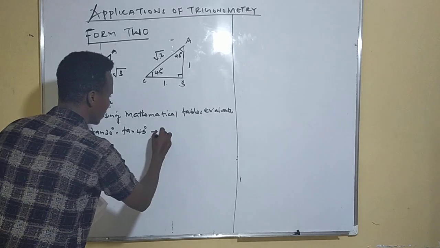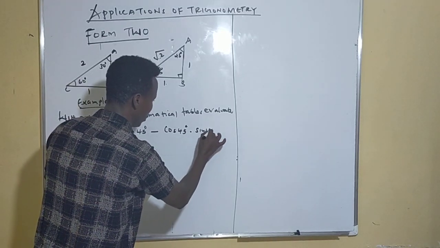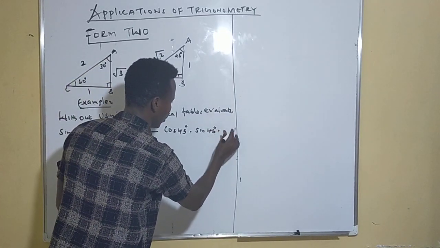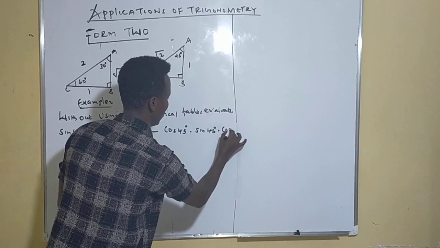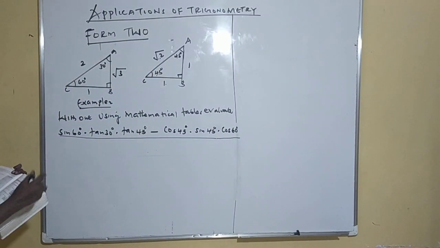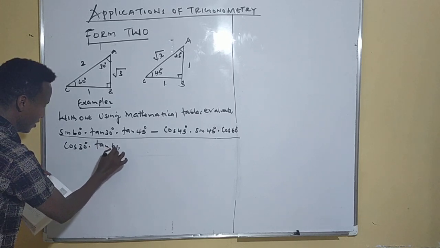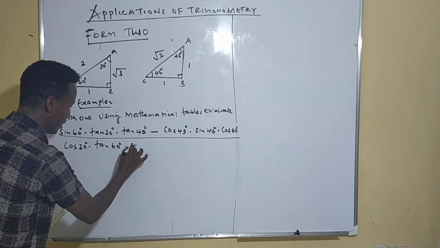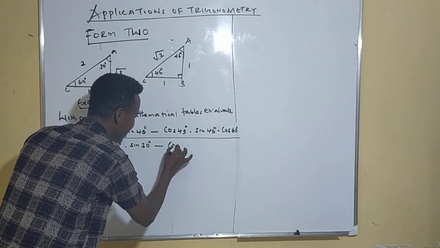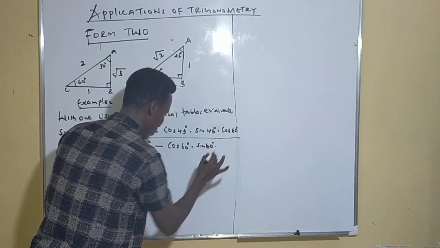Multiplication, don't forget that, minus cos 45 degree dot sine 45 degree dot cos 60 degree, total divided by cos 30 dot tan 60 dot sin 30, minus again cos 60 dot sin 60 dot